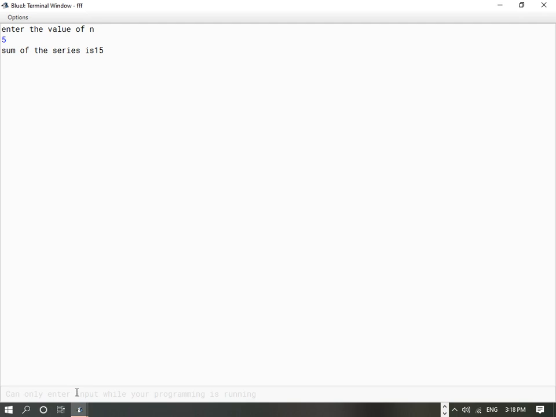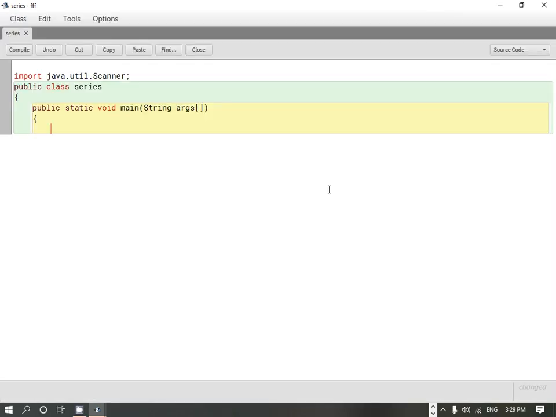So now the next program will be, we will try to write the program of the next series. Now let's write down the program for the next series. Our next series is to find sum of x to the power 1 plus x to the power 2 plus x to the power 3 up to x to the power of n. So here in this program, two values are unknown, that is x and n. These two values are unknown. So for that we will accept those values from the user.